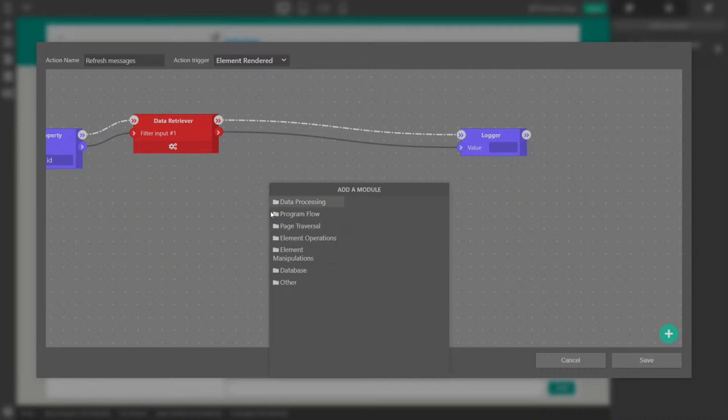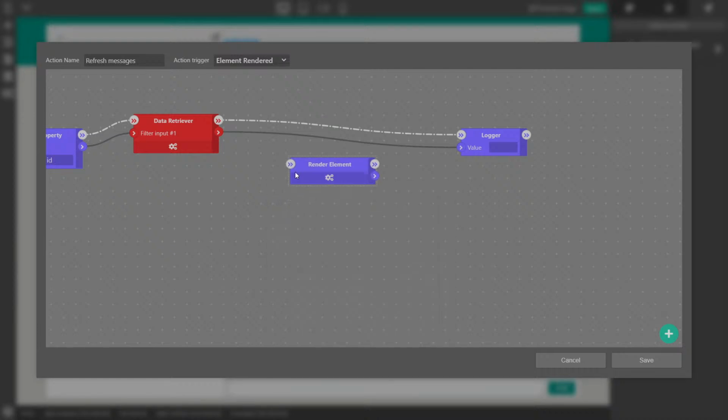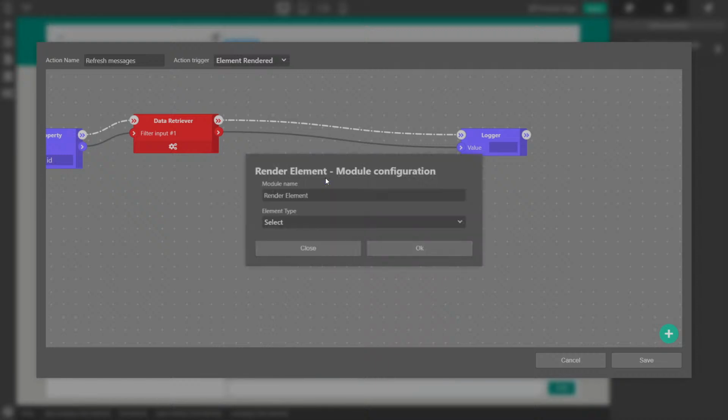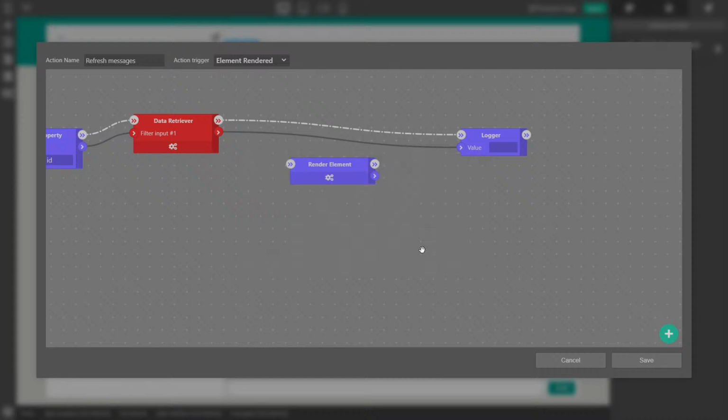So we can right click here, and in element manipulations we find the render element module. This module allows you to generate new elements through this action. So the element is going to be a div block. You can click on OK, and